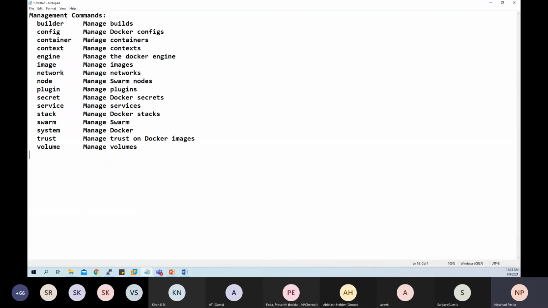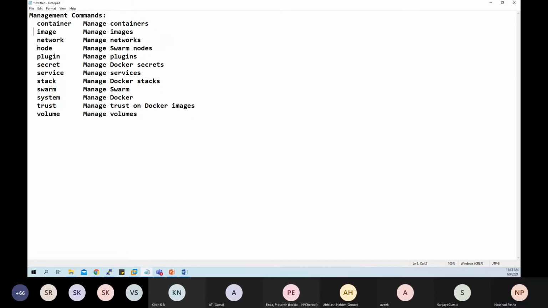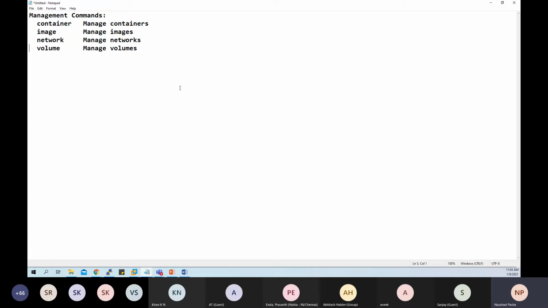And within this, we are very much interested in working with the Docker container, the Docker image, the network and the volume. These are the main four commands that we want to work with.